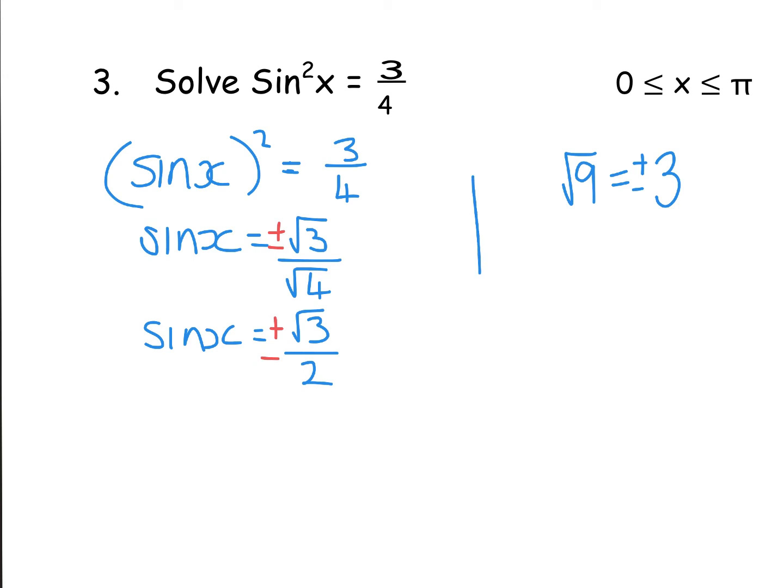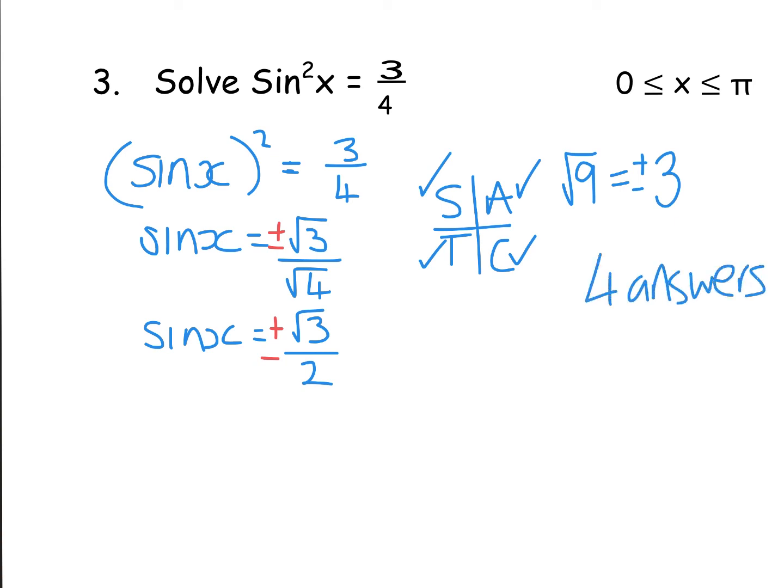Now that means when I come to do my all sine tan cos table, I'm looking for the sine graph to be positive, so all and sine. And I'm also looking for it to be negative, so I tick tan and cos. And theoretically, there should be 4 answers. Okay, so there's 4 answers here. However,